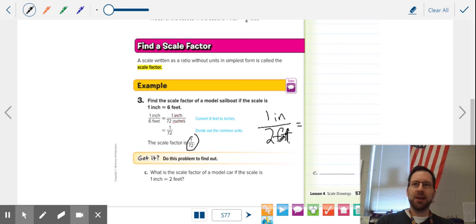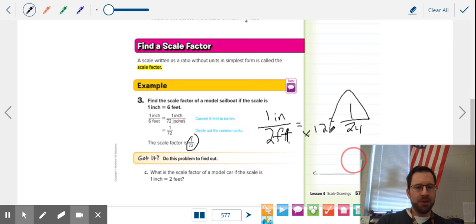So inches and feet, you've got to think, all right, which unit is smaller? Because it helps us to convert the bigger units to smaller. Inches are smaller, so we're going to convert feet to inches. There's 12 inches in a foot. So 2 times 12 is 24. So I know that in this picture, the scale factor is 1/24th. And that means the real sailboat is 24 times bigger than the picture. Okay. Now the bigger number